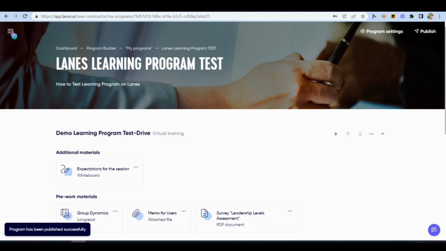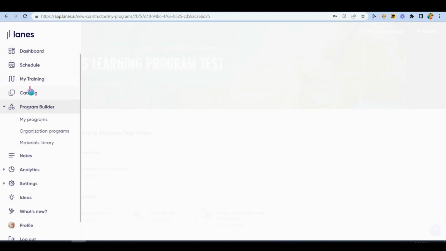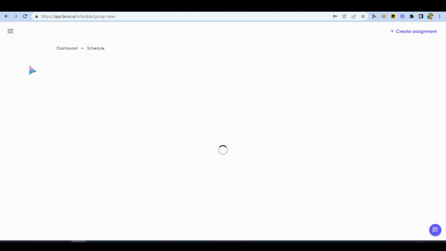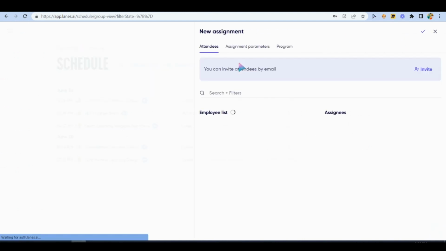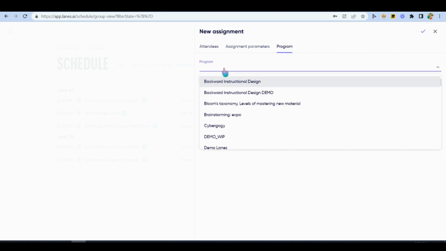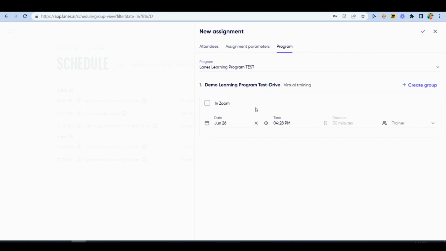click Publish, so that the latest changes will be published. Get to Schedule, create assignment, select the program from the list, click Mark in Zoom, select the trainer, it will probably be you, or the trainer who will test,